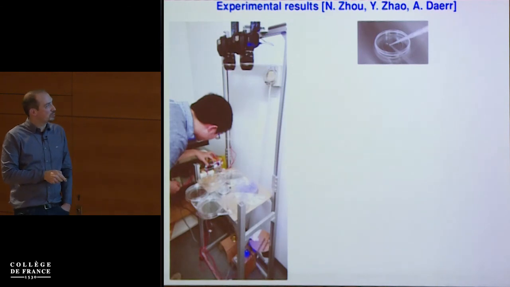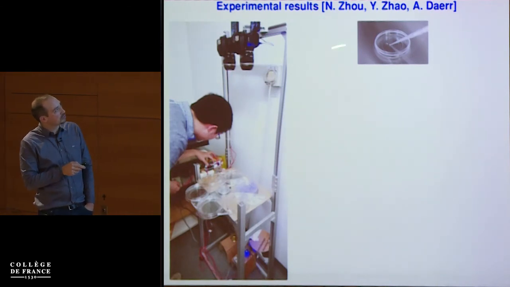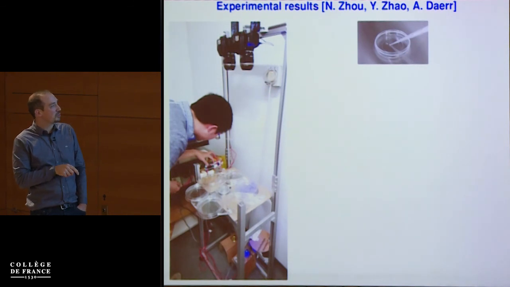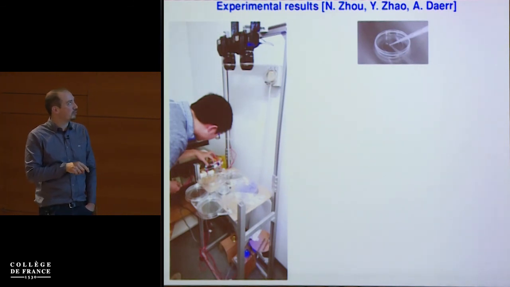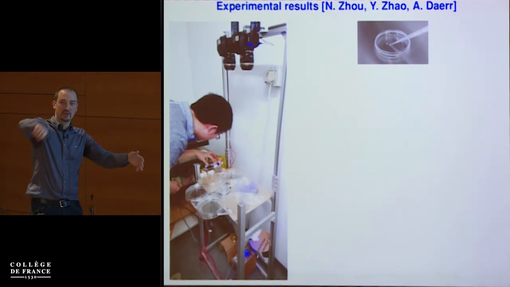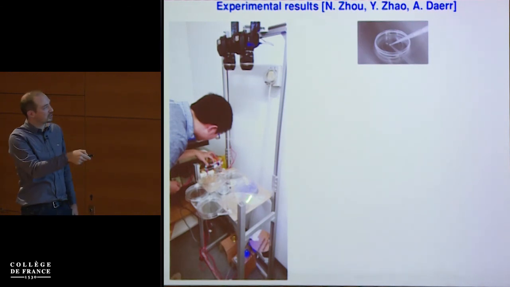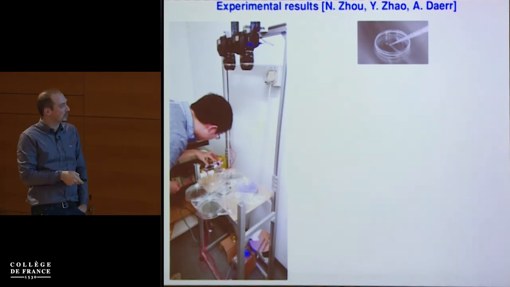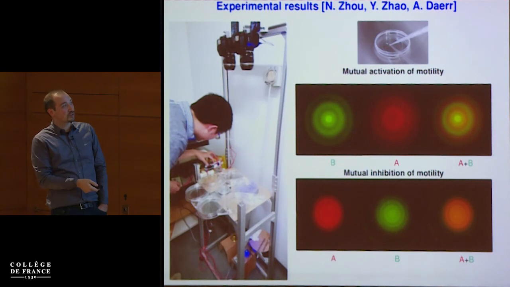Now, measuring is a bit more complicated. That's Yangfeng Zhao, who built the setup. So you have basically two light channels that take pictures of red and green bacteria. It's China. When you eat in a restaurant, you have this table on which food rotates. You can do the same with a Petri dish and bacteria, so you can have large statistics. And this is what you see.